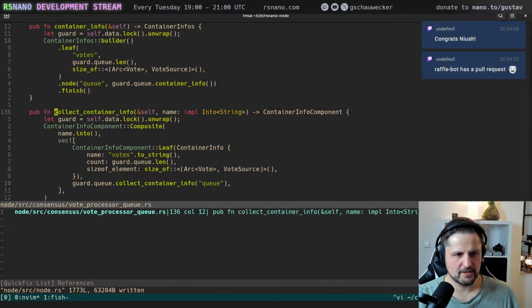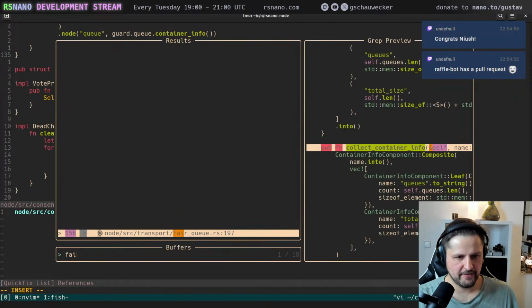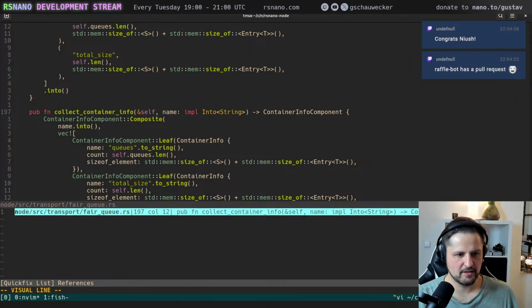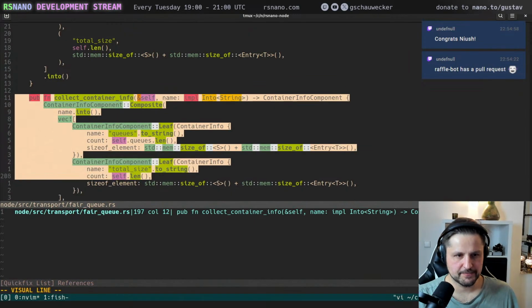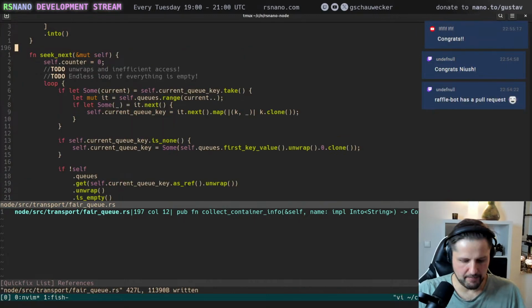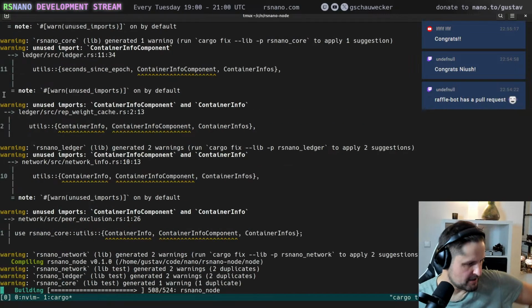And no one uses this. We can remove it. And now let's go back to the fair queue, and I think we can do the same. Yeah, no one uses the old implementation. Let's remove it. Okay, let's run the test. Let's commit. And let's read the chat.